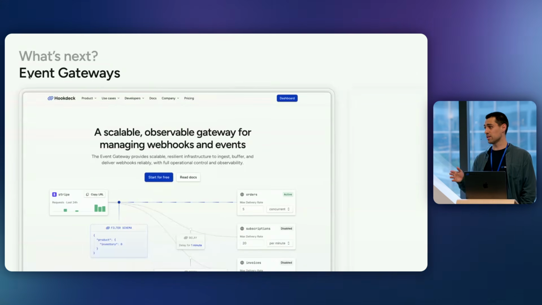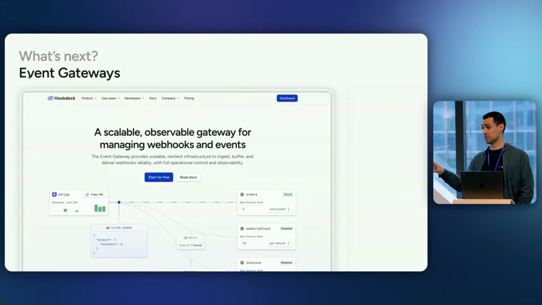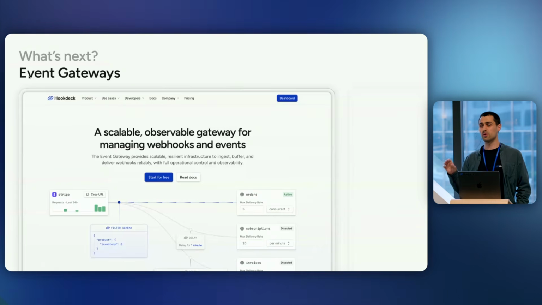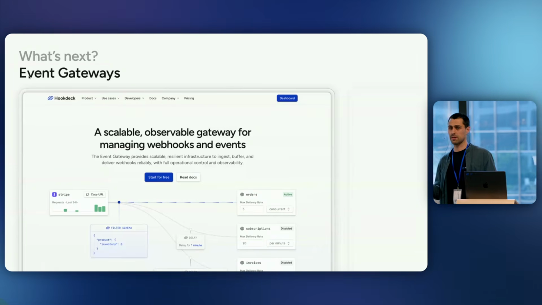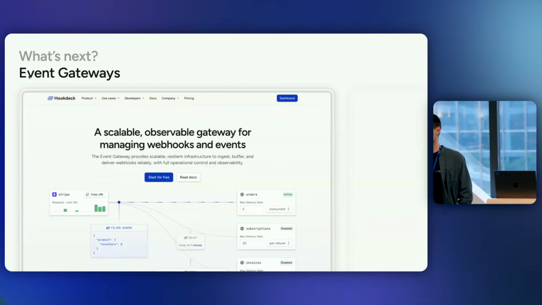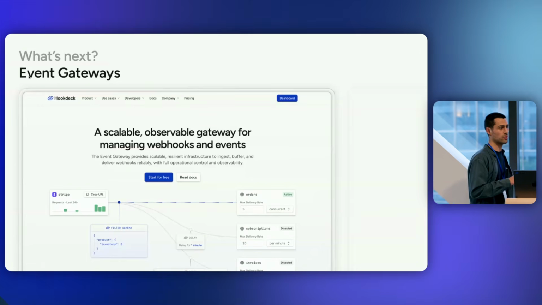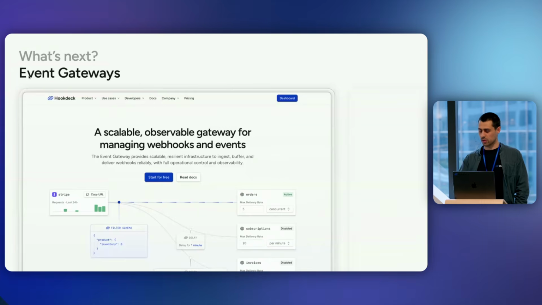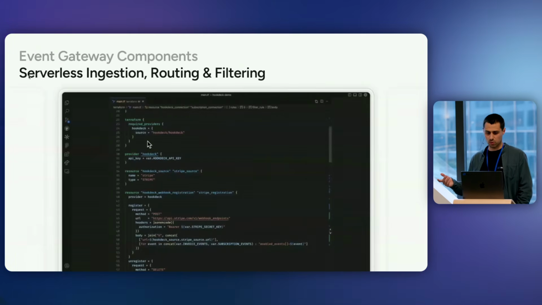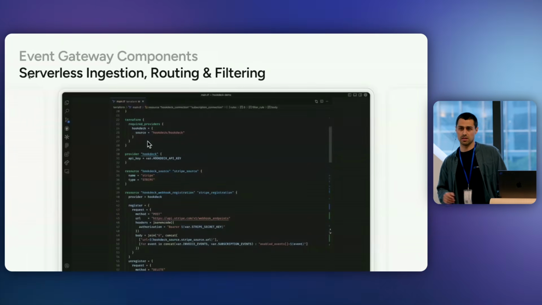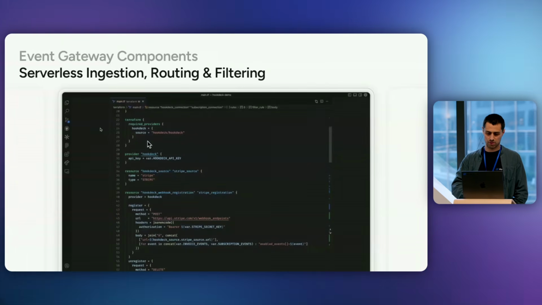What I'll do is quickly go through 3 small demos of how Hookdeck tackles some of those issues, right? But more specifically, the components of an event gateway. When we say an event gateway, what do we mean, right? In my mind, this is a new cloud infrastructure primitive that serves a similar role to what an API gateway has served, but for asynchronous event-driven applications. And there are 3 core components to that. Component 1 is the ingestion layer that we talked about, along with routing, filtering, and so on. And so basically it's your event management.